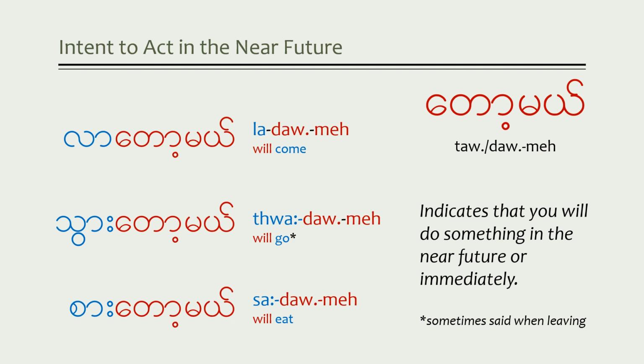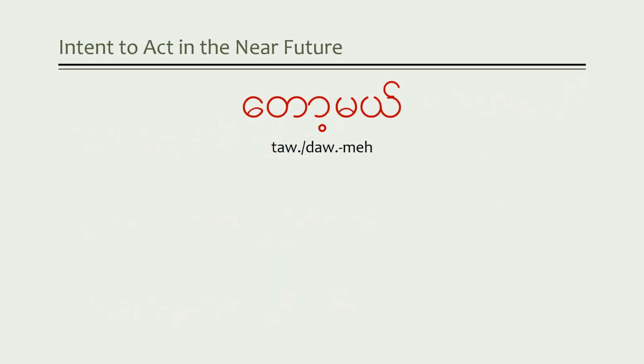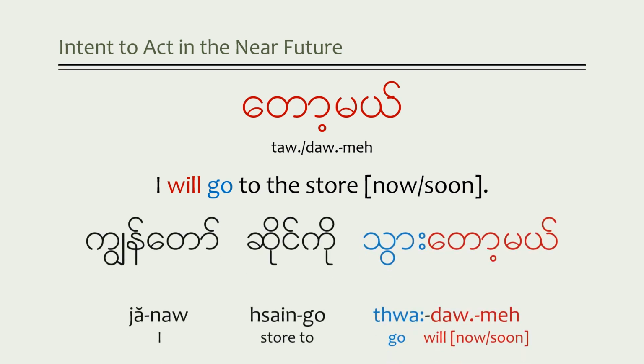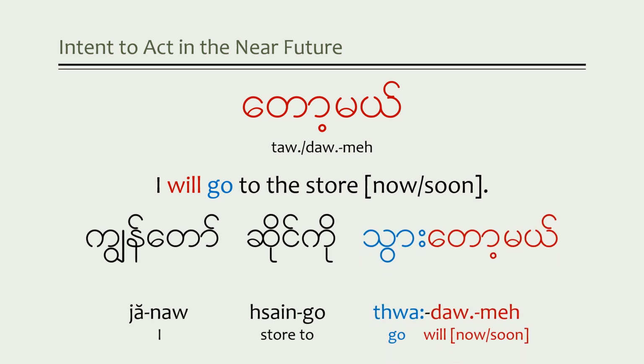So let's look at this with the first sentence that we used. So by combining these two particles, I'm now saying that I'm going to do something very soon. So when I say, I will go to the store, and I use these two particles, I'm indicating that it's something that I'm going to do right away, if not immediately. So to say it in Myanmar, I would say, Jino sango tuaro me. Now we still use the same verb, but this particle combination indicates it's just about to happen.